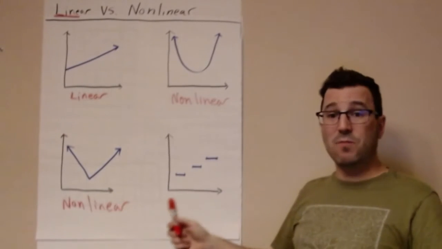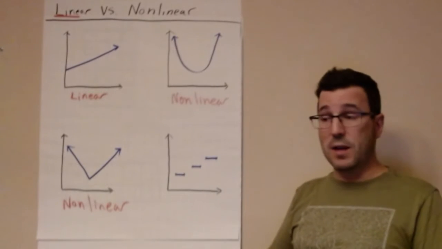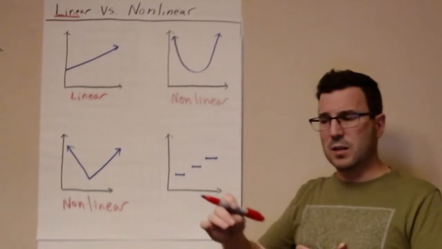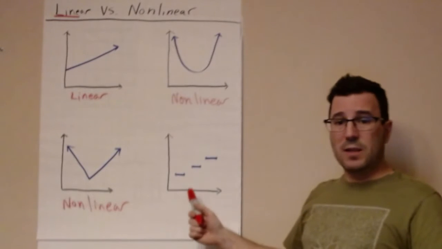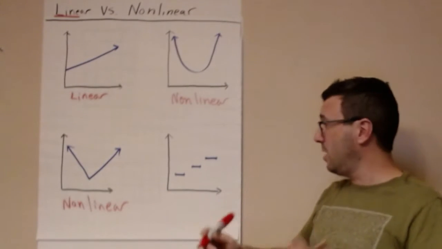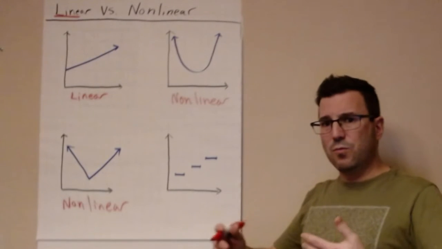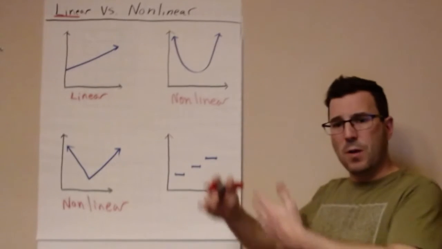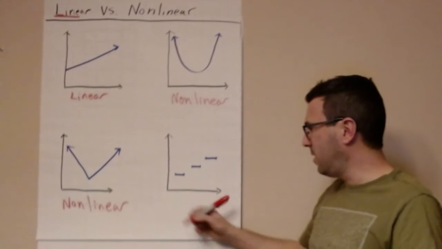This last one, don't see that often. Most of the time, I teach 8th grade, we won't see something like this, but we'll see it as just points. But sometimes you'll see a graph like this. This is not linear because it's broken up. There's no continuous slope, rate of change. It changes. It might be going up, but each time it looks like steps. So this is also